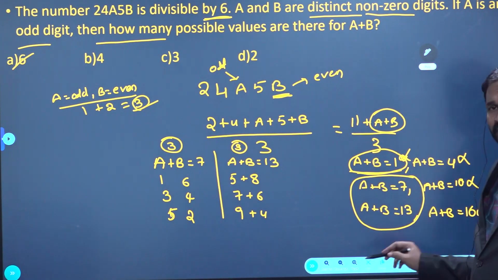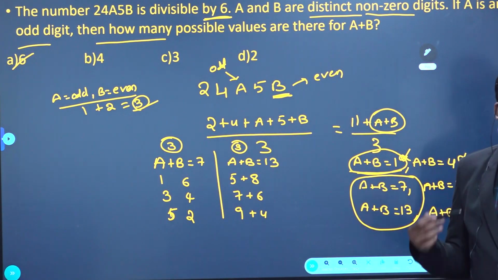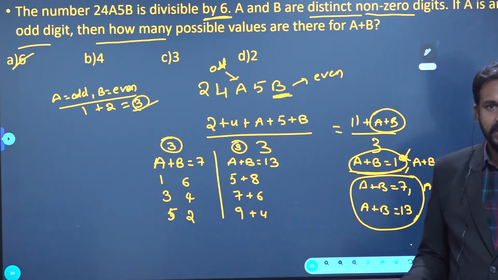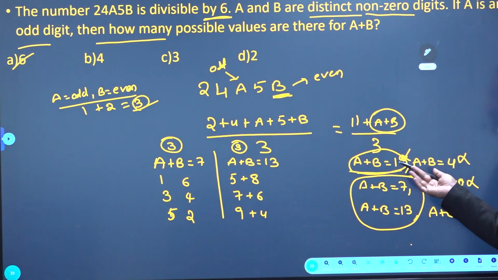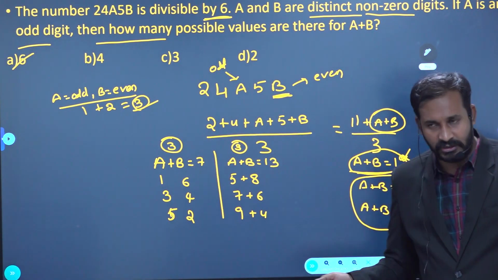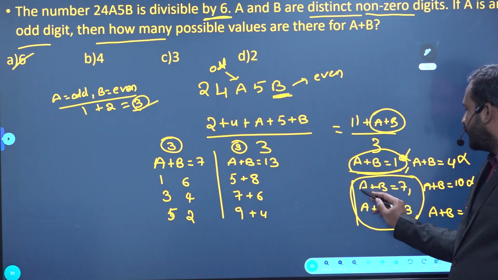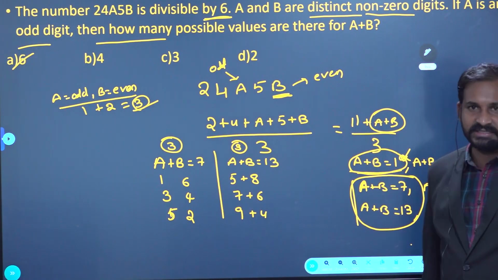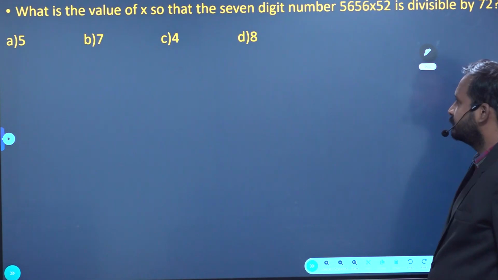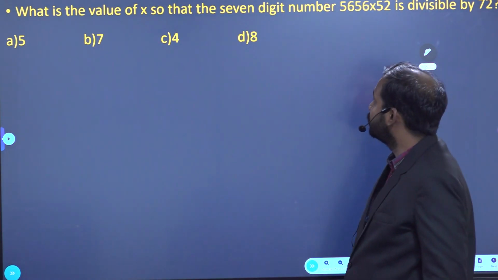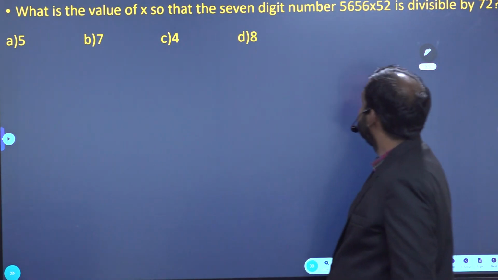We even cancelled 1. Why? Because A and B are distinct non-zero digits. In the worst case also I should take 1 and 2. When I apply the conditions, it is not at all possible. So I can take A plus B as 7 or A plus B as 13. Understood, students? Next one. What is the value of x so that the 7-digit number is divisible by